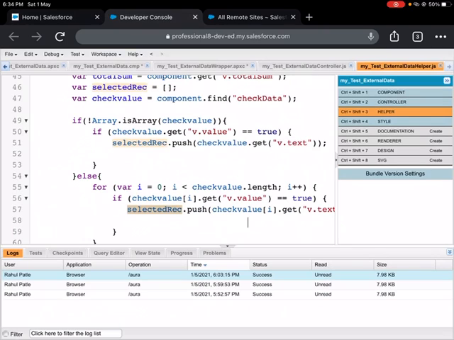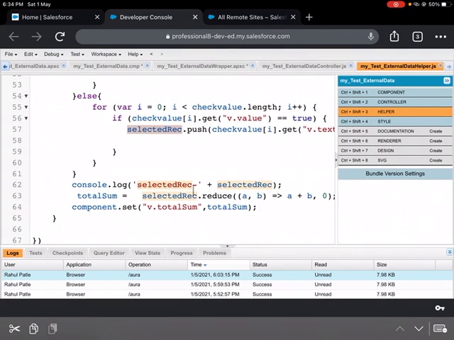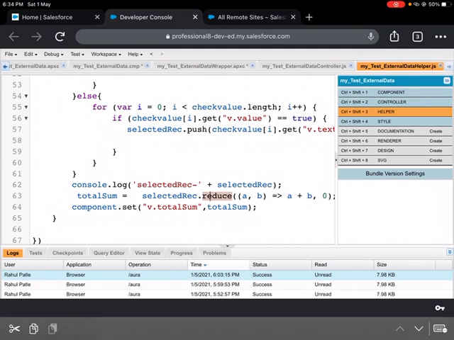Once I have this array of balances, I go down and calculate the sum. There is a method in JavaScript, the reduce method, which does the sum. If nothing is there, it will put 0.